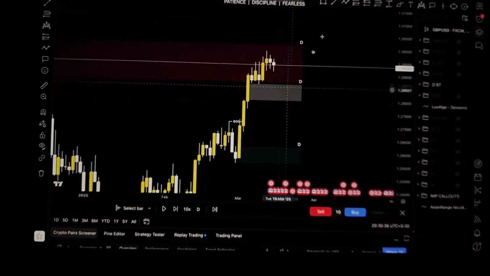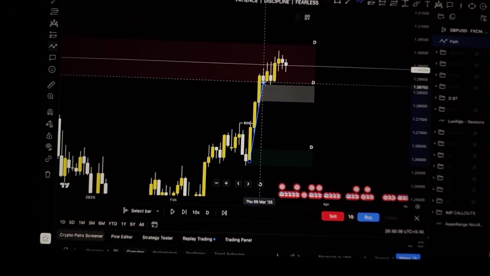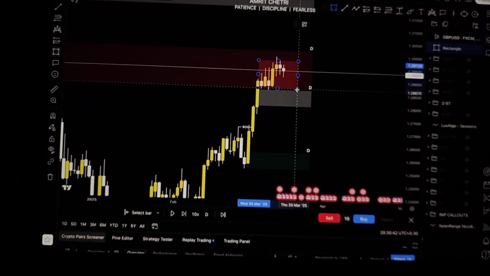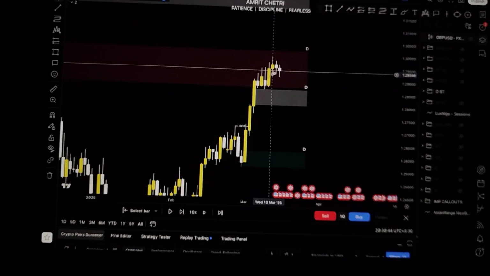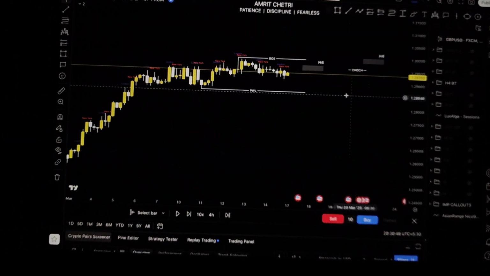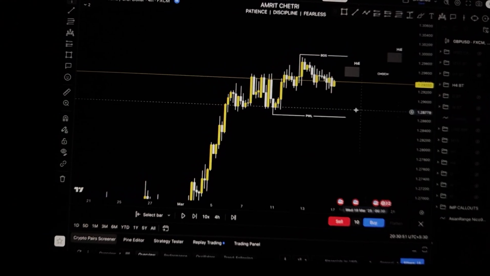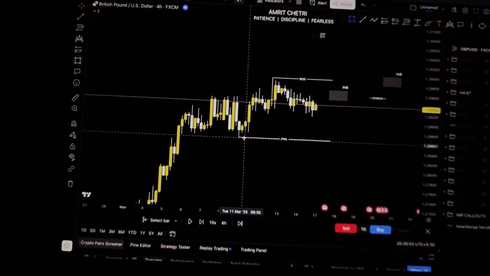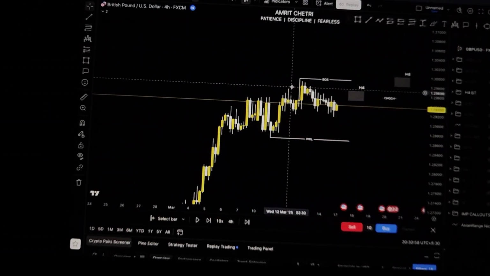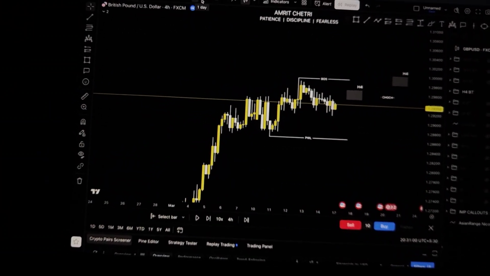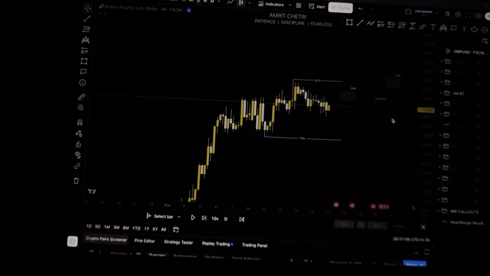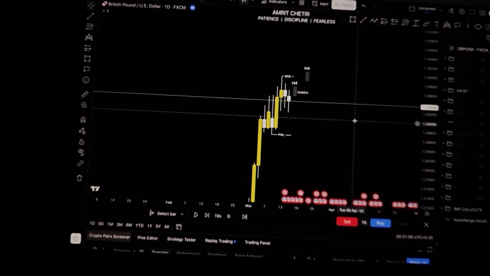Here we can see on the daily time frame, the market has broken structure to the upside: higher highs, higher lows, higher highs. And now the price has been a little bit low volatile, as you can see, and the price action is a little choppy right now. Even on the H4, the price is not that clear. The price is choppy, but it's also looking like a bullish consolidated range. The price is still looking bullish according to me, and the previous week high was disguised as a break of structure right there because it has been swept very early on.